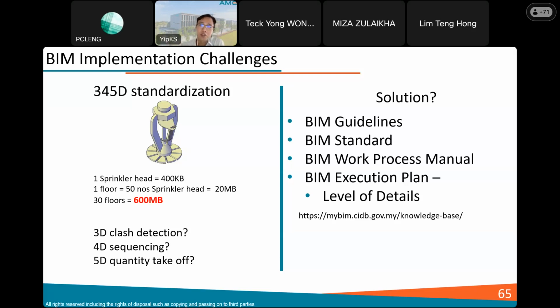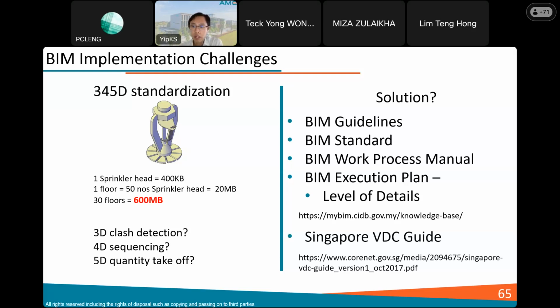So during the process, you can avoid all these unnecessary issues. It will save a lot of time. So that's why I fully agree with Architect Wong, who presented just now. You need to establish the standard, the guidelines throughout the entire team for certain projects. It's very important. And even Singapore, they have